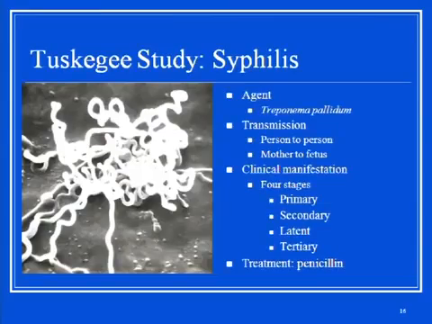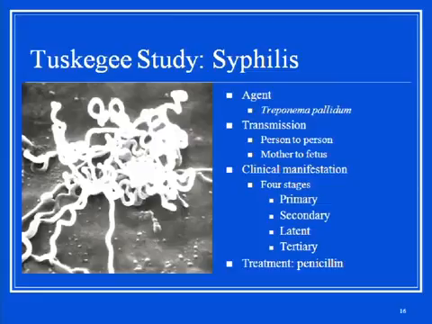So just a little bit about syphilis, because we forget about syphilis, right? Because it's a treated or curable infectious disease. But basically, we know that it's transmitted person to person or mother to fetus, that there are 4 stages. The later stages, the latent and tertiary phase of the disease, really lead to dementia. So basically, your body just fails you at some point. It leads to paralysis and death. So when untreated, it is very serious and it leads to death.